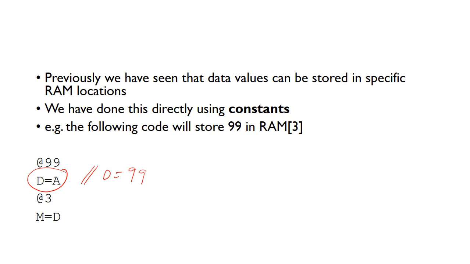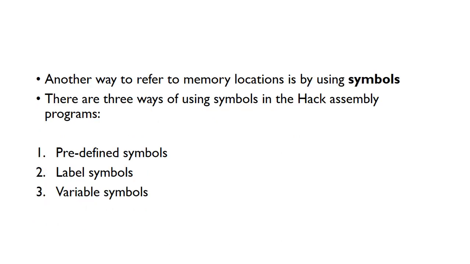Then we set the A register to be equal to 3 using the @3 syntax, and then M equals D will copy the contents of D, so the value 99, into RAM 3. So we've done that before using constants, but we'll see there's another way to refer to memory locations, and that's